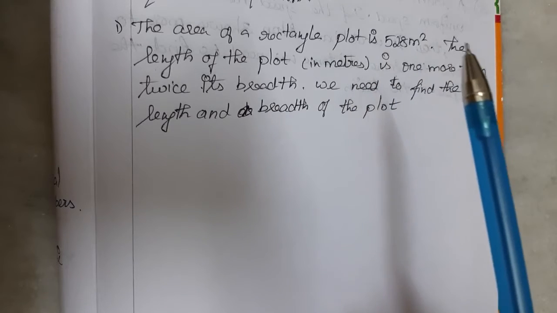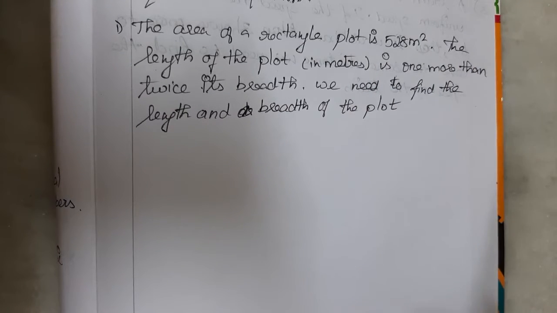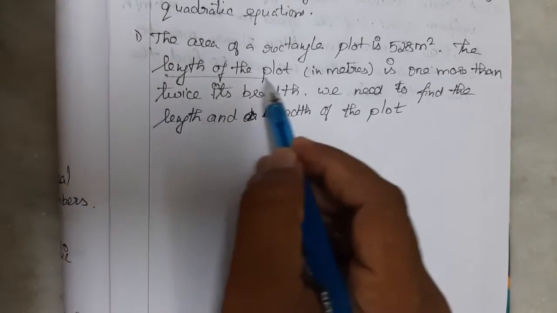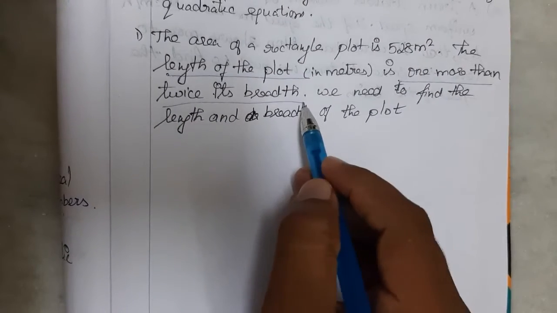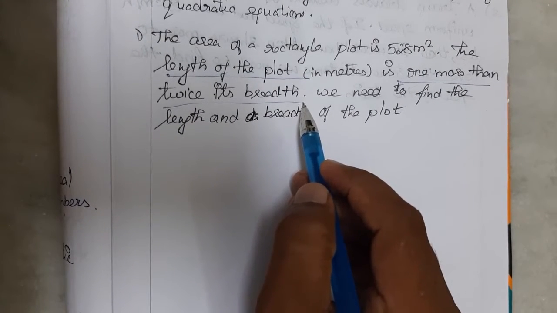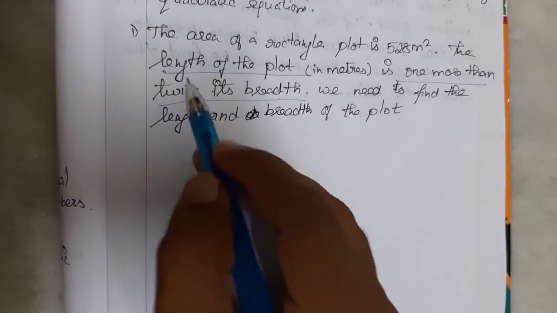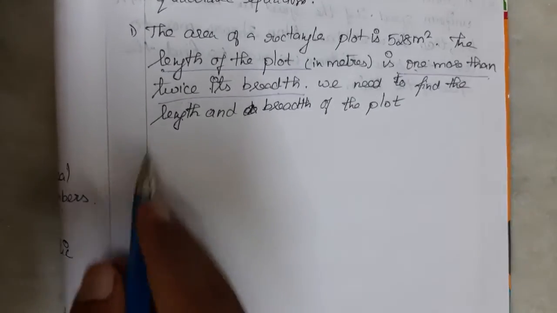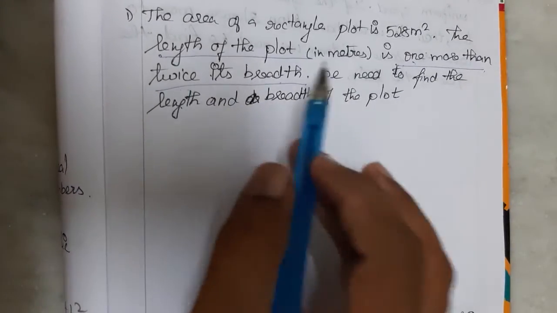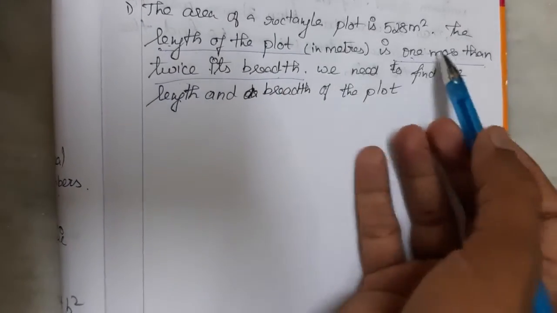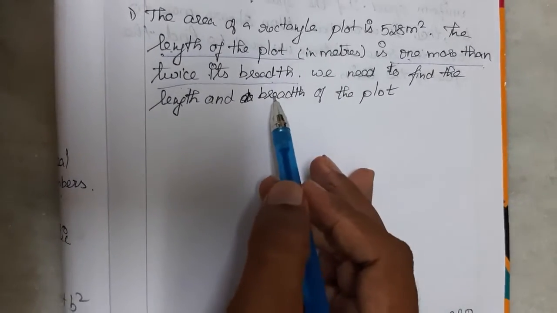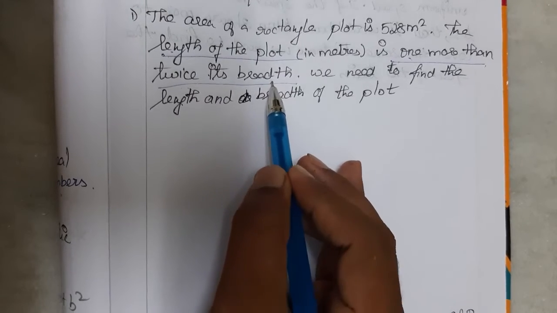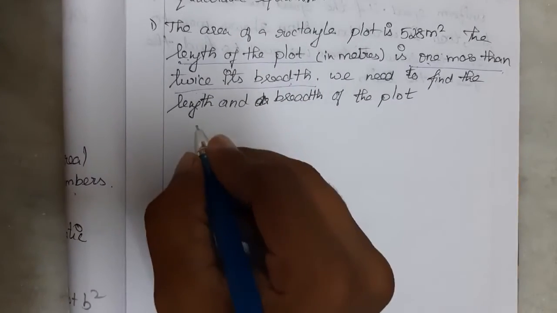In the previous chapter we saw a pair of linear equations, where two conditions were there to solve, but here there is only one condition and one variable. The condition given is that the length of the plot is 1 more than twice its breadth. If we consider the breadth as x, the length will be 1 more than twice the breadth, that means 1 plus 2 times x. You have to choose the variable wisely, whether for length or breadth. If you choose length, then x is equal to 1 plus 2 times breadth, and you would have to choose one more variable, but a quadratic equation has only one variable. So let me choose breadth as x, then we will get a quadratic equation.